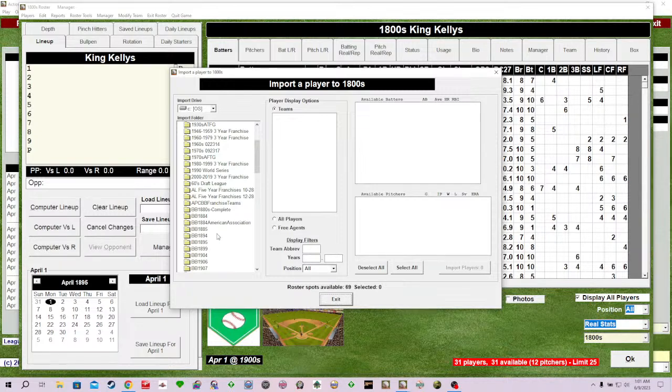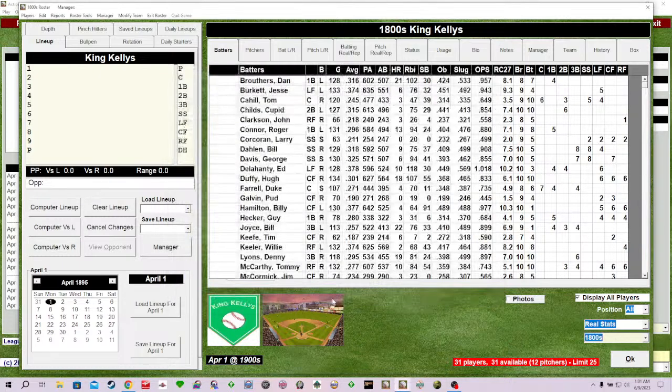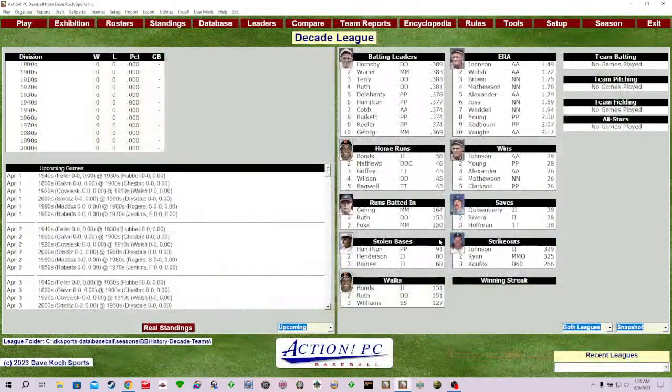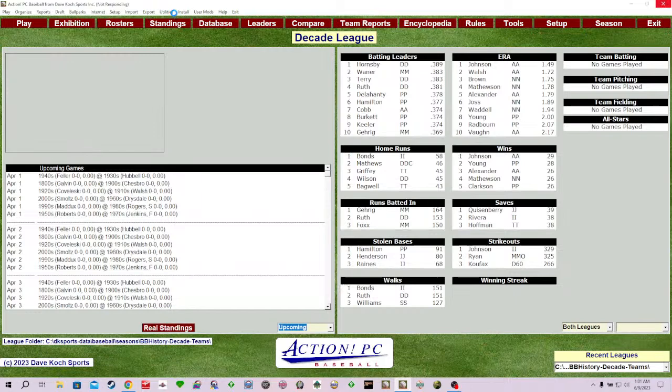Yeah, Early Wynn's problem is the high WHIP. Yes, absolutely. Where is King Kelly? He is somewhere. I don't want to pull him from the baseball history collection. That's all right. I'll just install 1886 just because he's my favorite 19th century dude. Yeah, Wynn just never does well for me at all.